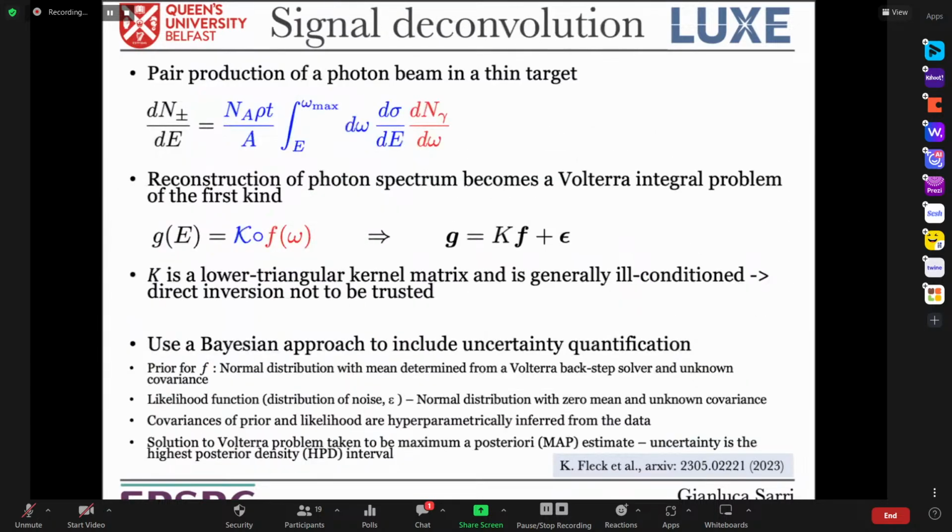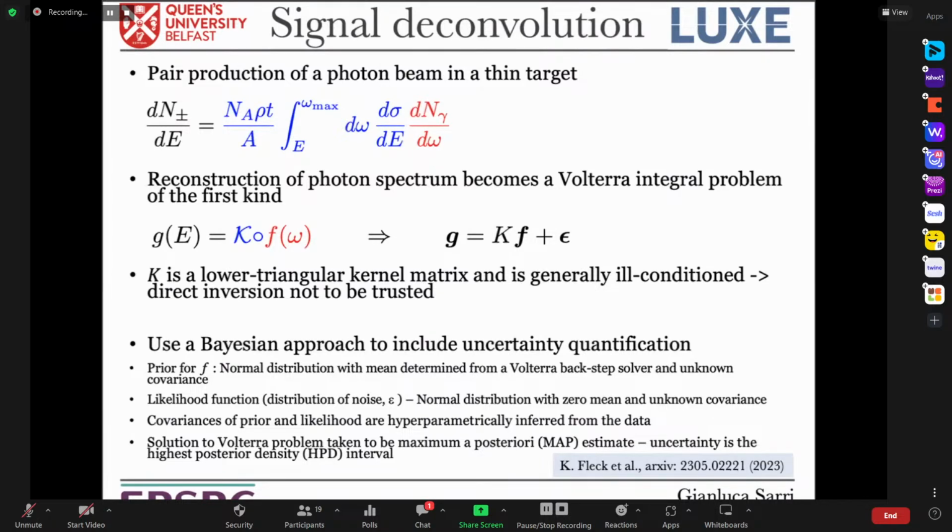So once you have these electron-positron spectra, you can use them to infer, or if you want to deconvolve these spectra to get the original gamma ray spectrum that was incident on the spectrometer. So this is basically how you would calculate electron-positron pair production in a solid target. So you have the d sigma over dE would be your Bethe-Heitler cross section. dN over d omega is the gamma ray